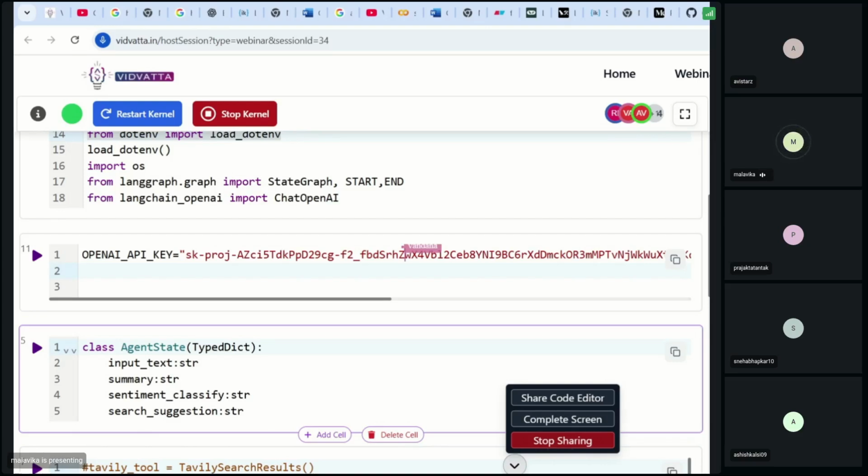For the time being, even if you don't copy the search suggestion, it's okay, because the first task we are going to do is take a bulk of text and create a summary out of it. After this,